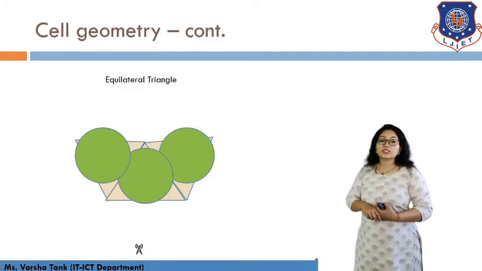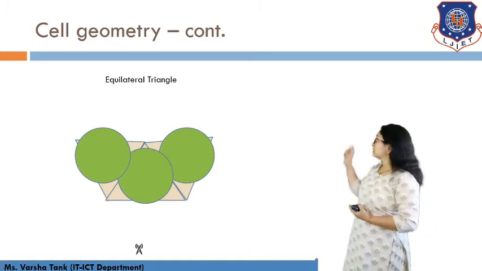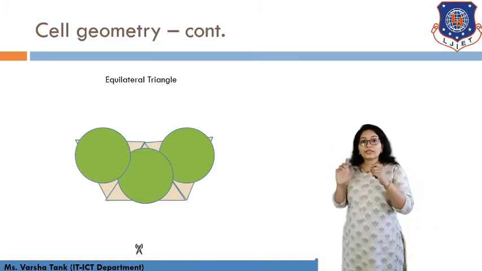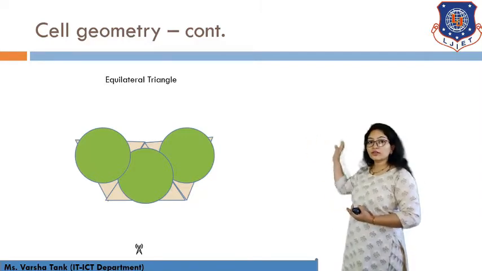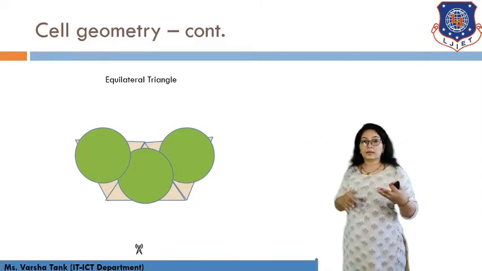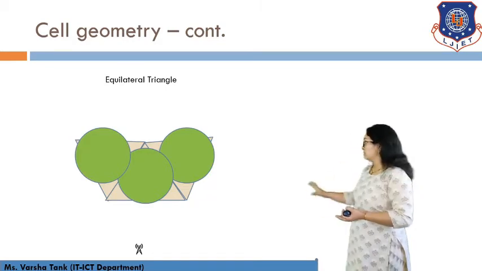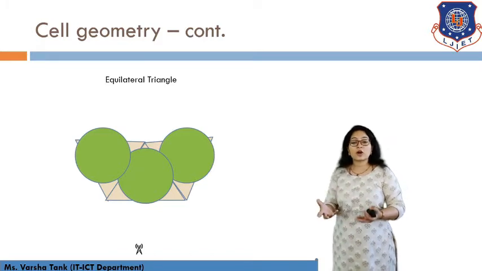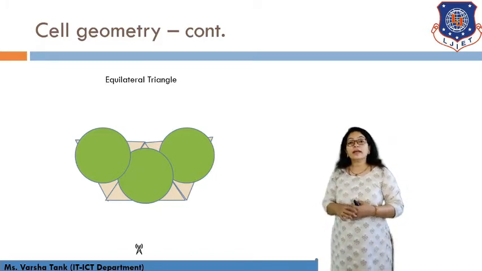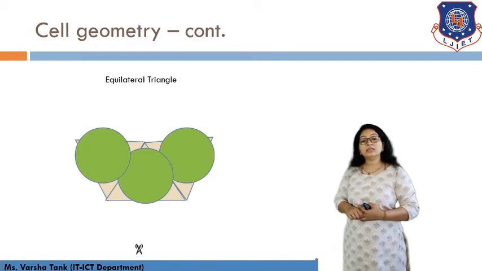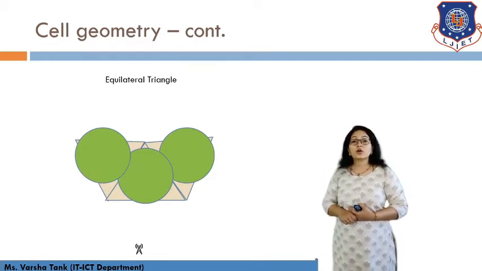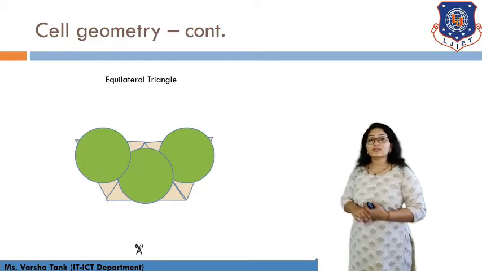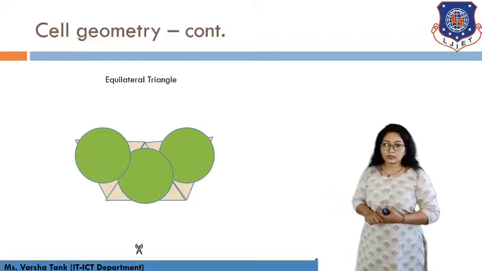So when this base station radiates the signal, you can see this green color radiation pattern is generated. All of this green color radiation pattern is overlapped, so maybe signal interference is there. And again you can see this is a blank area where signals cannot be reached. So the same problems that we faced in the square, we face in the triangular shape. So we are not considering triangle as the cell geometry in our cellular network.